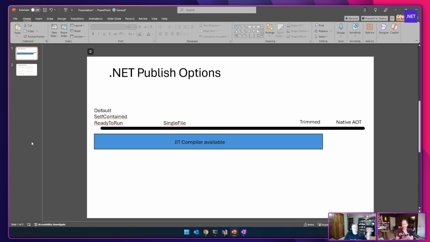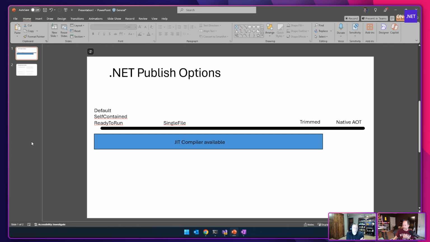So anything on the left is anything you can do in .NET. When you default publish it, it'll work. With the default publish in .NET, you expect the .NET runtime to be on the machine already, and then your app comes in, finds that default runtime, and uses it to run. Well, you can self-contain your app, which means I take the .NET runtime that I'm going to use and bring it with my app. That's what self-contained means. It's a self-contained app. It'll run on any machine, even a machine that doesn't have the runtime on it.